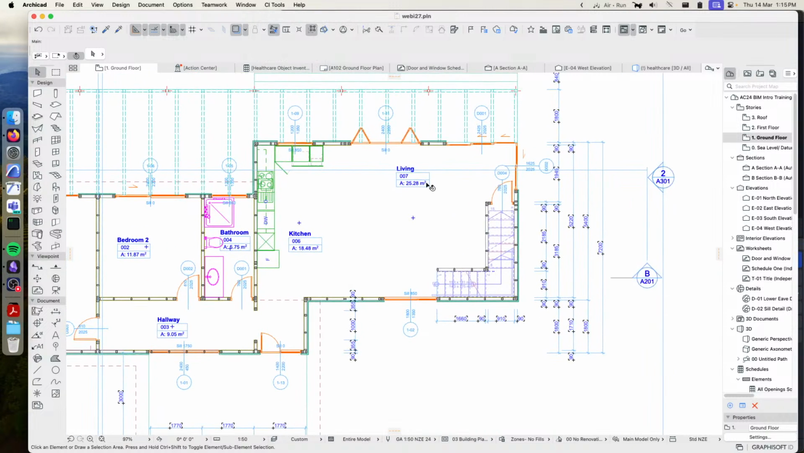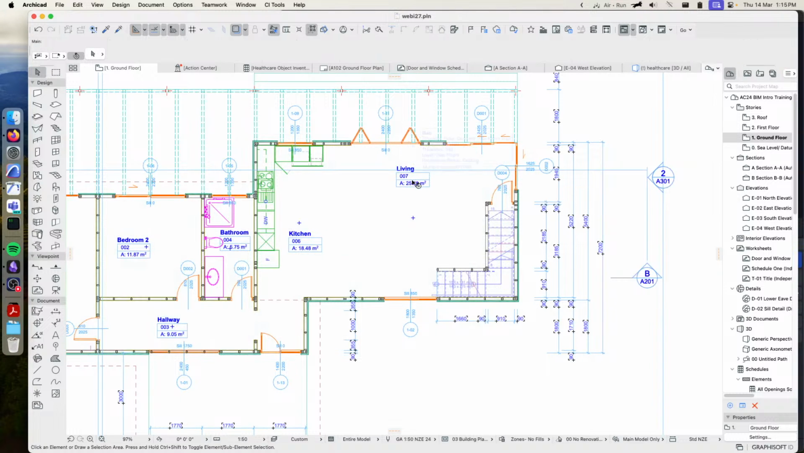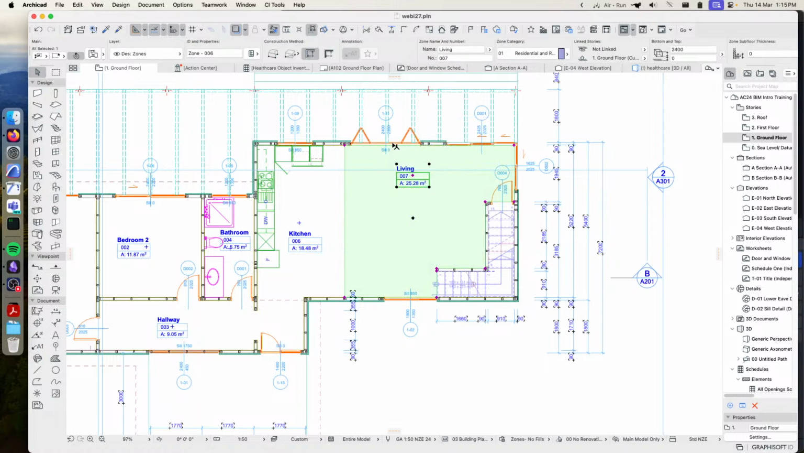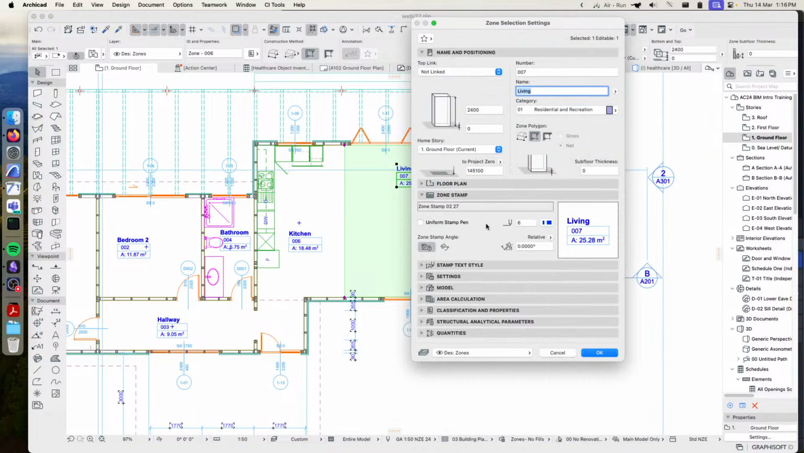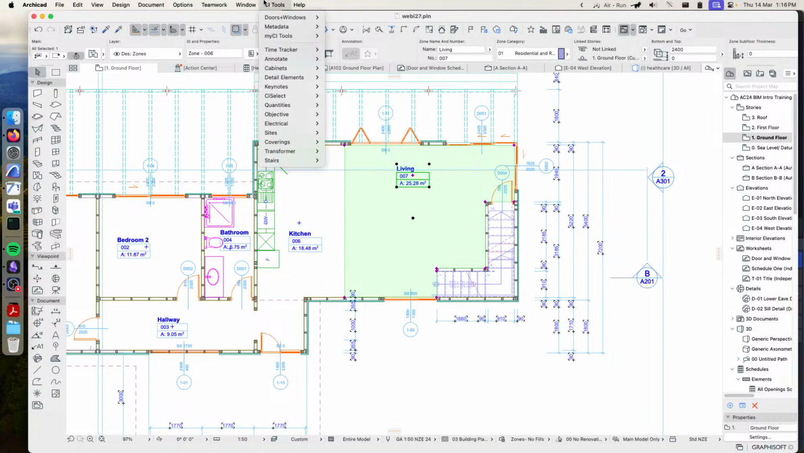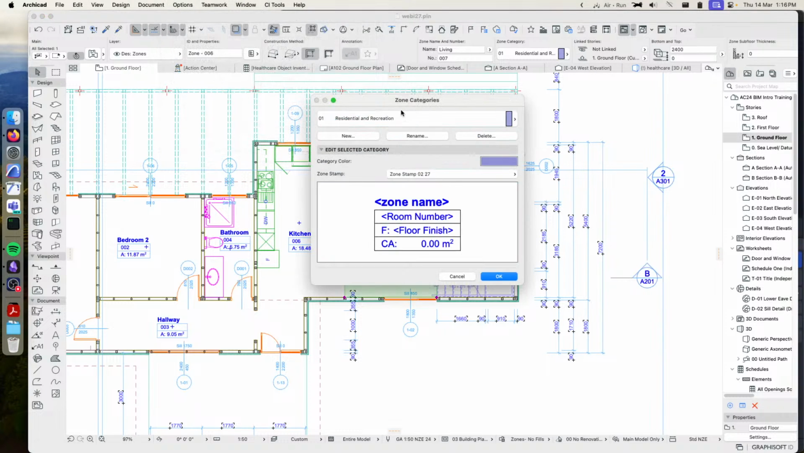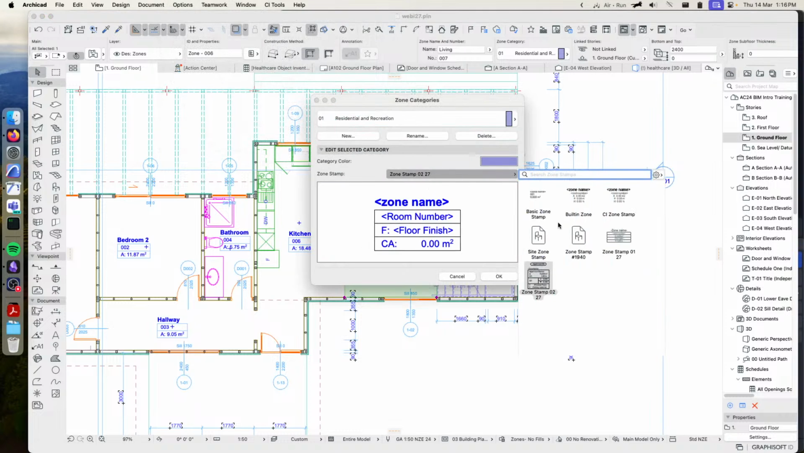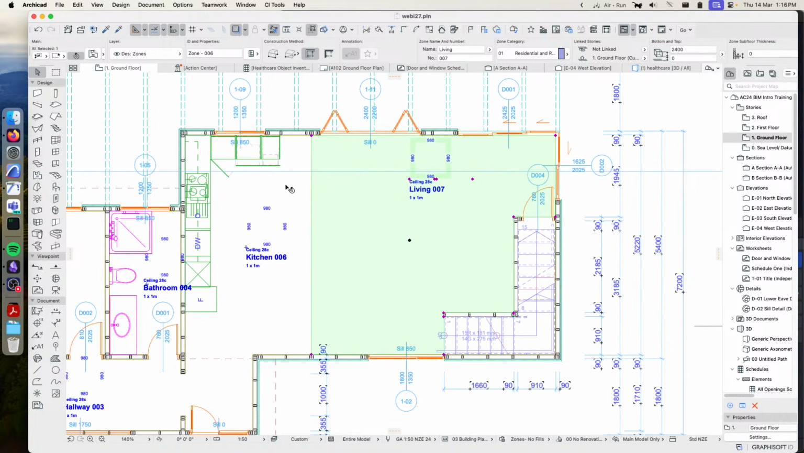So what I'm going to do is, where is the hotspot on that? There we go. So this zone is using residential and recreation. Zone stamp 07. Okay, so we're going to change to use the select zone stamp first. So it is this one here, zone stamp 1940. Hit OK. So all of our zones